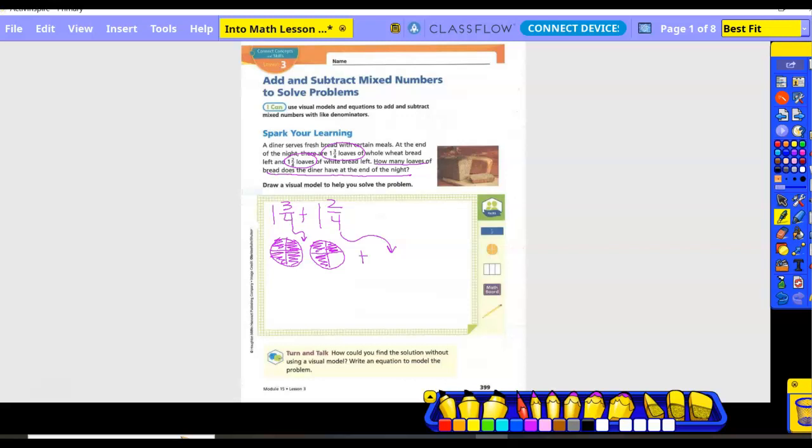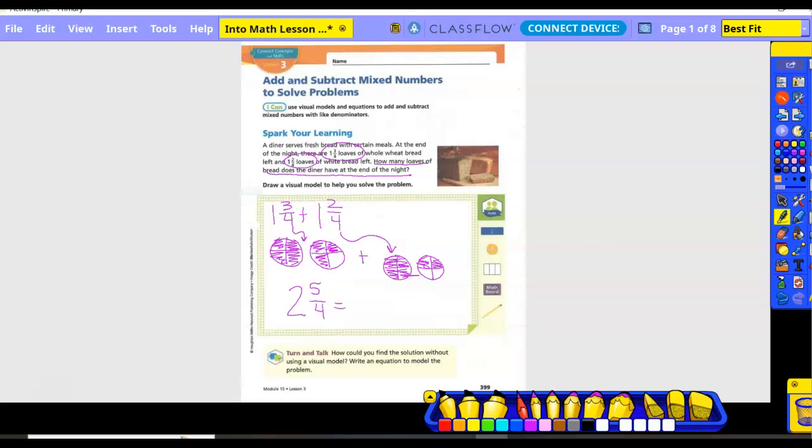mixed number? And you draw 2 circles, right? Break them into 4s. How many pieces do I color in of the first one? All of them, because it's a whole, right? How many do I color in of the next one? 2. So if I look at this, how many whole circles do I have colored in? 2. How many pieces do I have colored in? 3/4 plus 2/4 is 5/4,